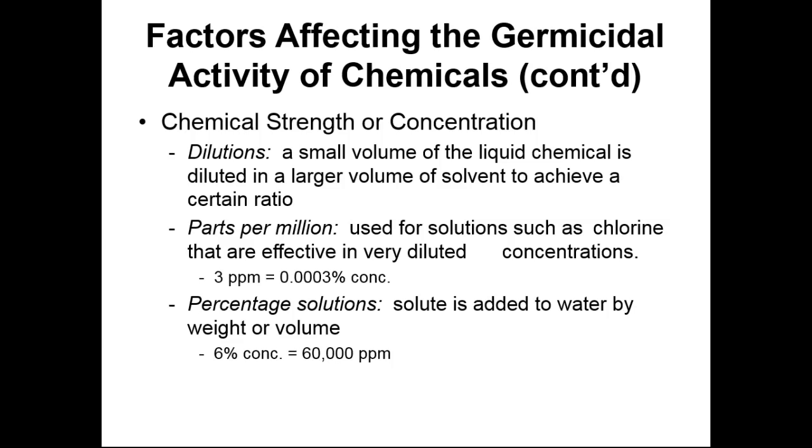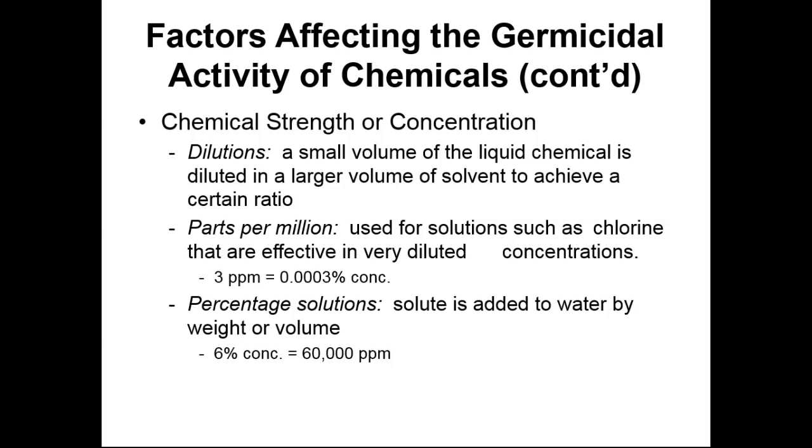Parts per million are used for concentrations of chemicals that are effective at very dilute concentrations. Things of this nature are typically going to be bleach or iodine tinctures. For example, a 3 part per million solution is going to be equivalent to a 0.0003% concentration. Because it's a pain to write a decimal point and all those zeros, we